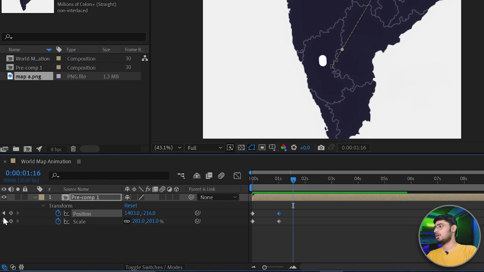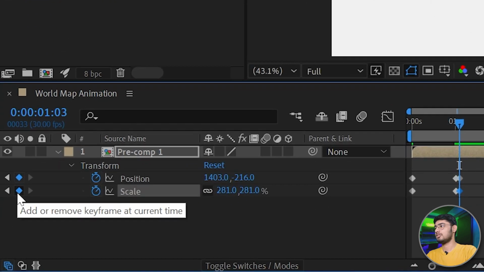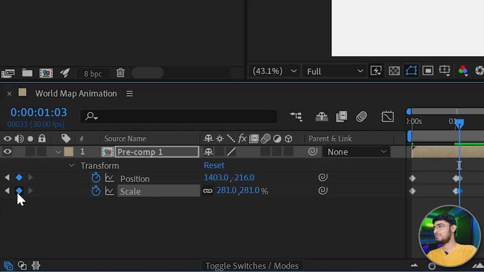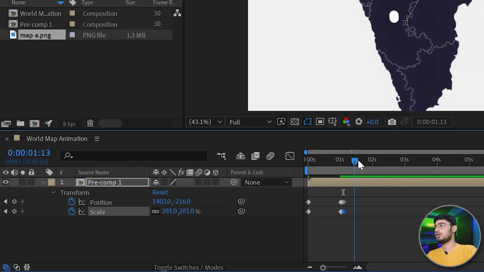So we'll go to around the last frame. Now press Ctrl and bring your time indicator 3 frames ahead. 1, 2 and 3. And now just add a pause keyframe here. So we click on this. Now we click on this to add a pause animation. Now we'll go to around